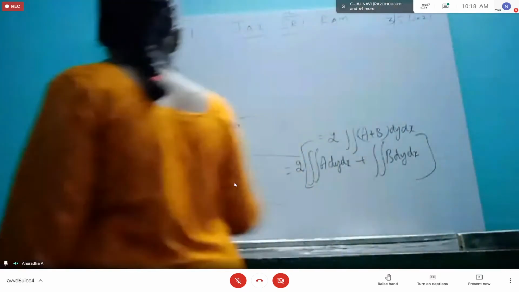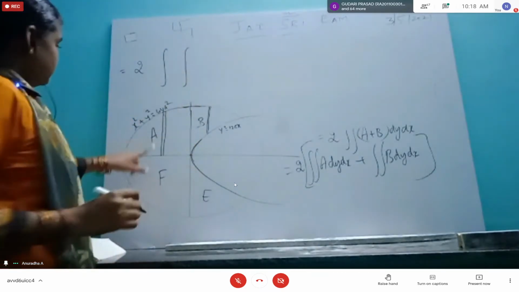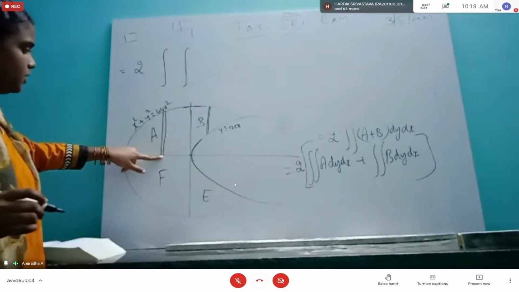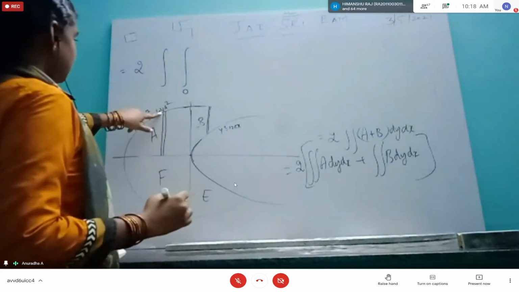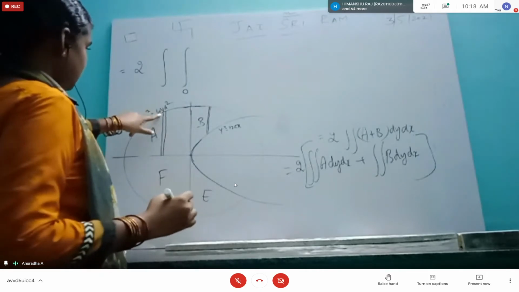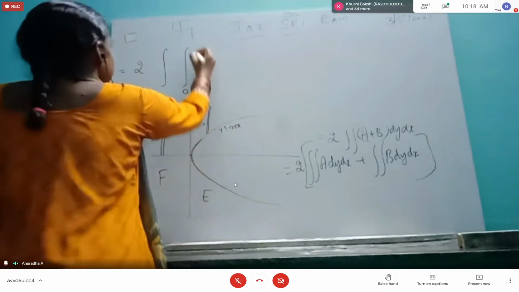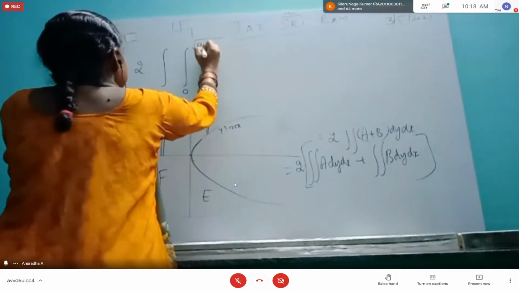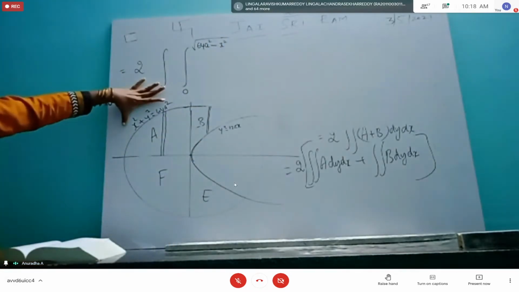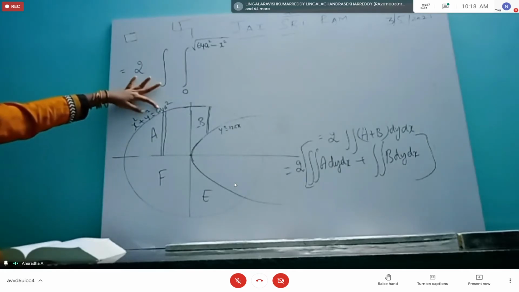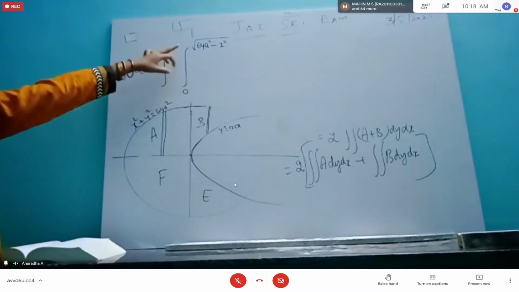Okay. So for limits for A, we will start with first 0 to this 8. In terms of y we have to write. What is this? Y axis 0. So 0. What is here? From here the circle equation we have to write what is y equal to. So it is positive y axis. So it is root of 64a square minus x square. Just this part y equal to what I have written, I get plus or minus root of. Because it is in the positive y axis, I am taking positive.